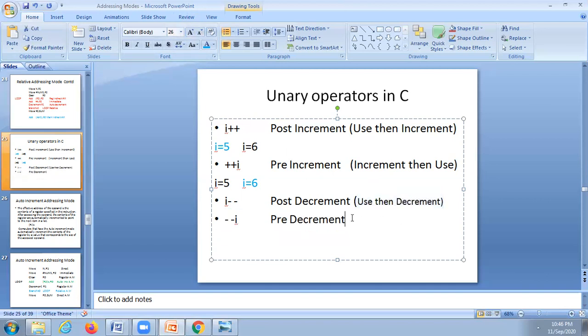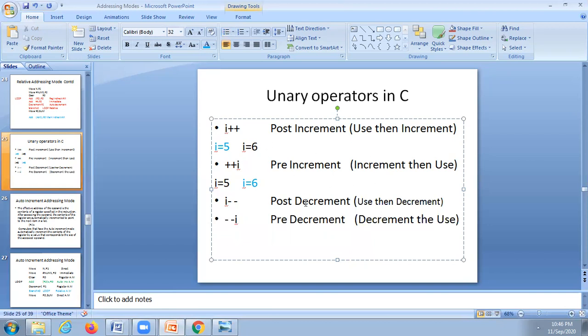Similarly, pre-decrement means first decrement, then use. Okay, this is the case.